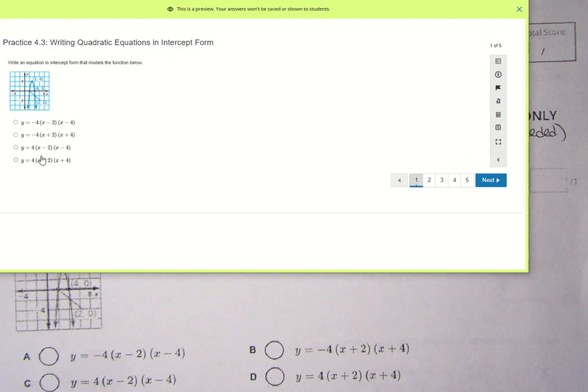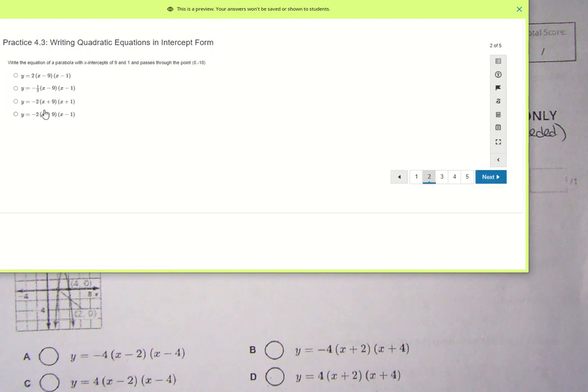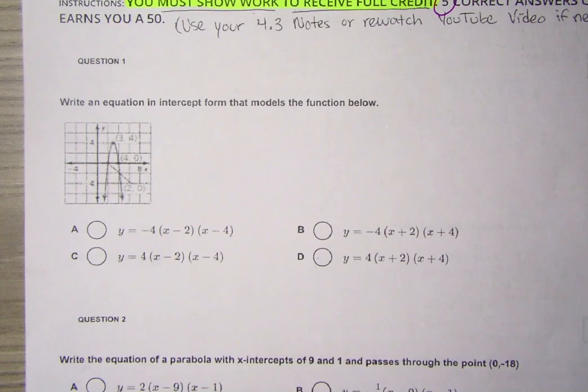This may be out of order compared to the paper that was printed just because I selected for the answers to randomize. But please carefully select the answers that you chose on your paper, and submit. It's just for data purposes. But as far as what you are doing in this paper, it is the topic of